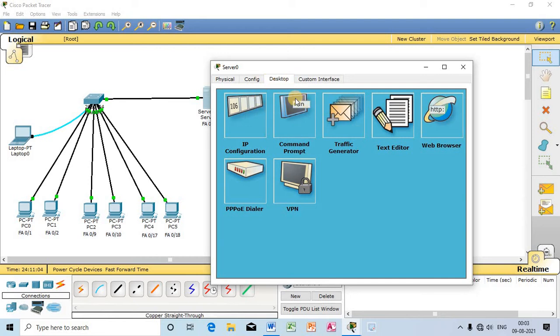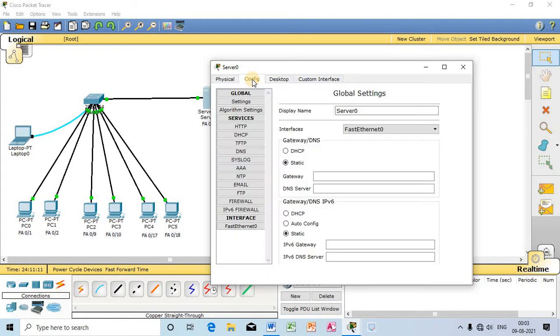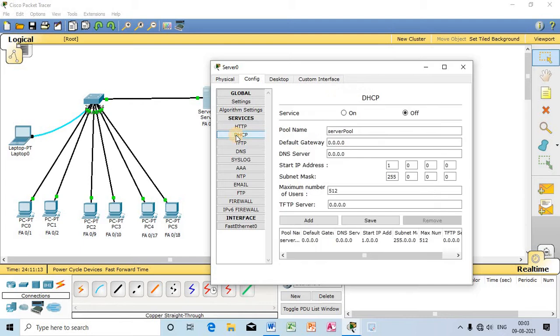Now I will create the database pool for the DHCP server. For doing so, I will go to the config tab, then the DHCP tab, and you can watch out the DHCP server is kept off by default. I will switch on the DHCP server and provide the starting IP address of the server.